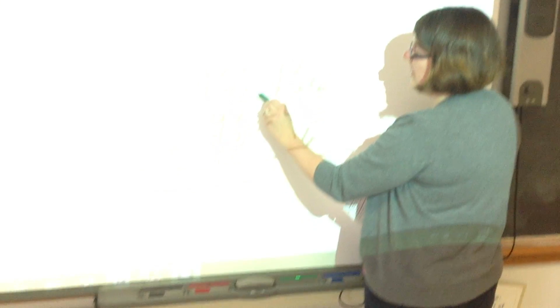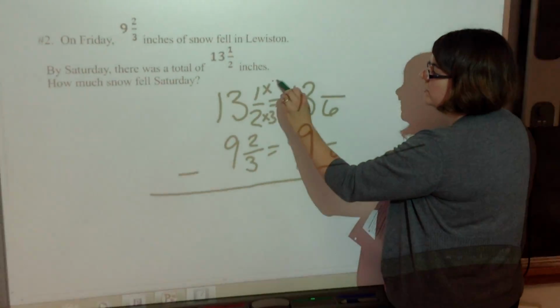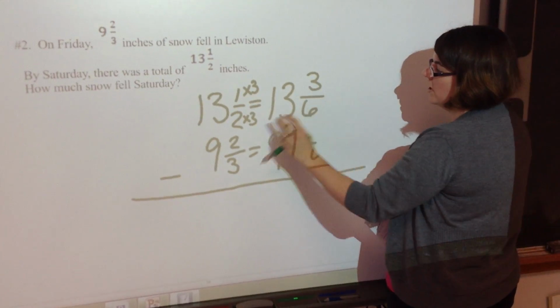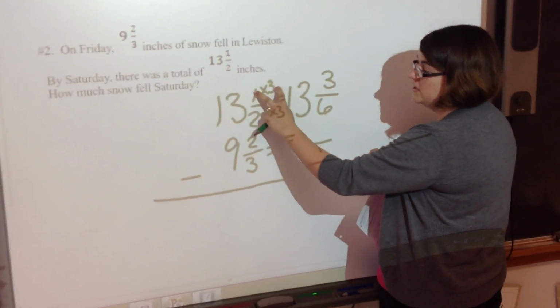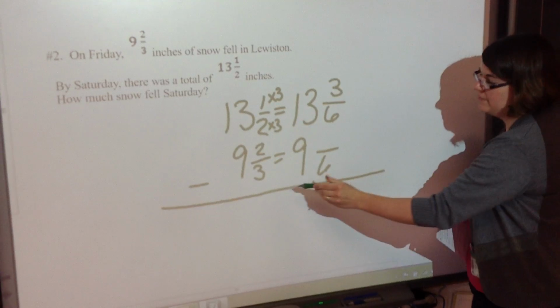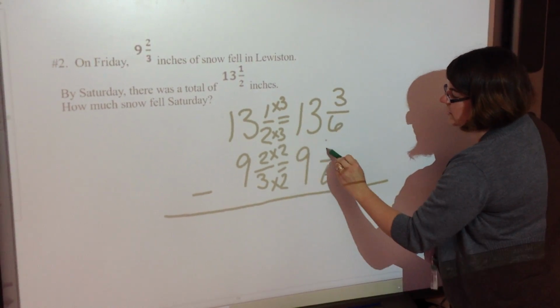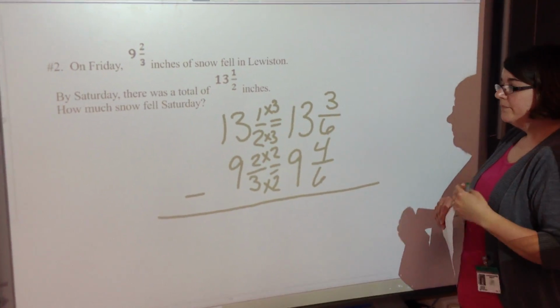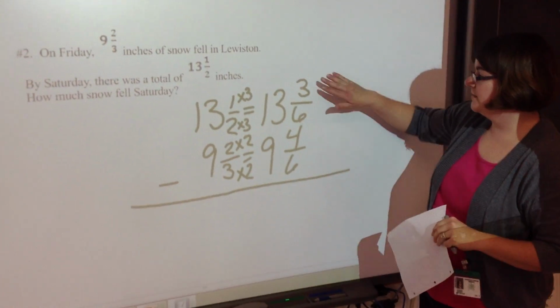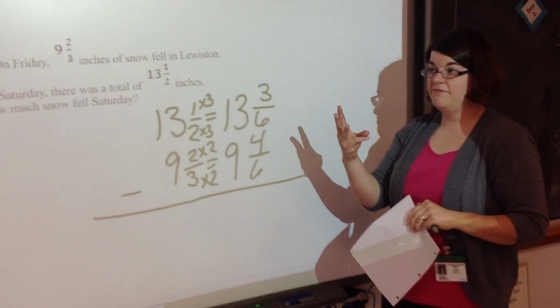So we have 6. 2 times 3 is 6. And whatever we do to the top, you do to the bottom. If you cut your pizza into more slices, you have to eat more pizza to equal the same amount. Times 2. And we get 4. Now, normally we would just subtract this number from this number, but if we have 3,